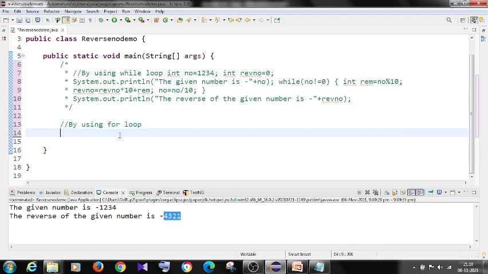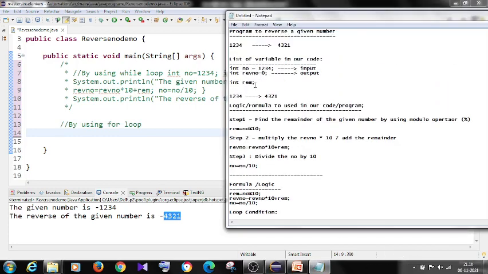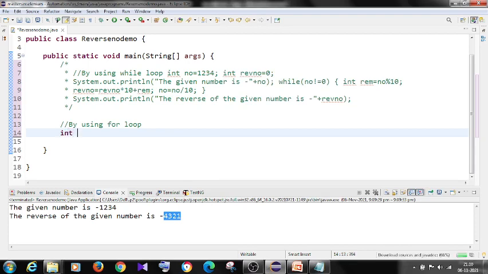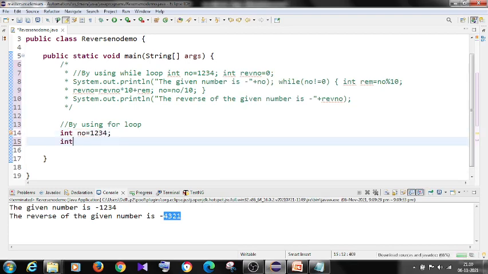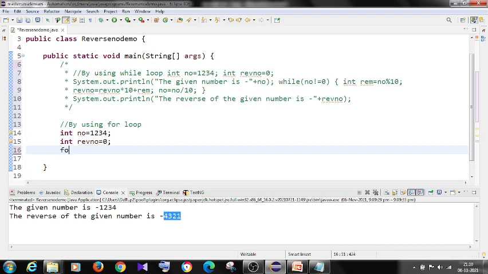Same thing. So what are the variables I need to take? 3 variables. The first variable I have to take here: int n is equal to num is equal to 1, 2, 3, 4, and for output, int rev number initialized with 0. So you understand why we need to initialize with 0. Okay. Then the for loop.